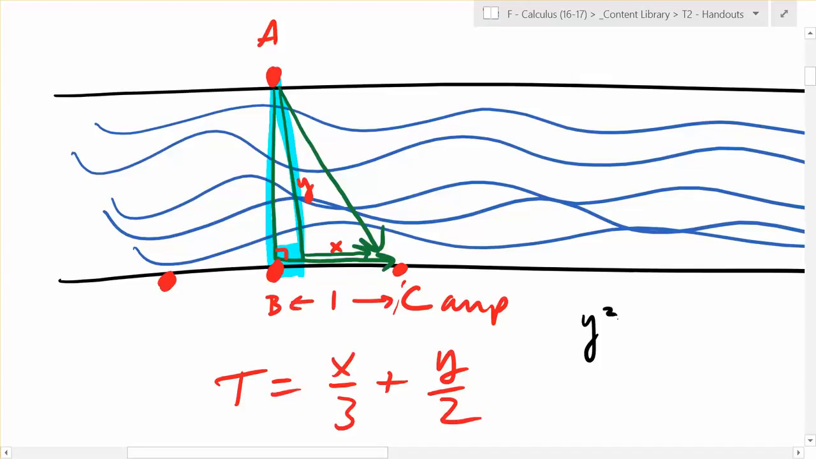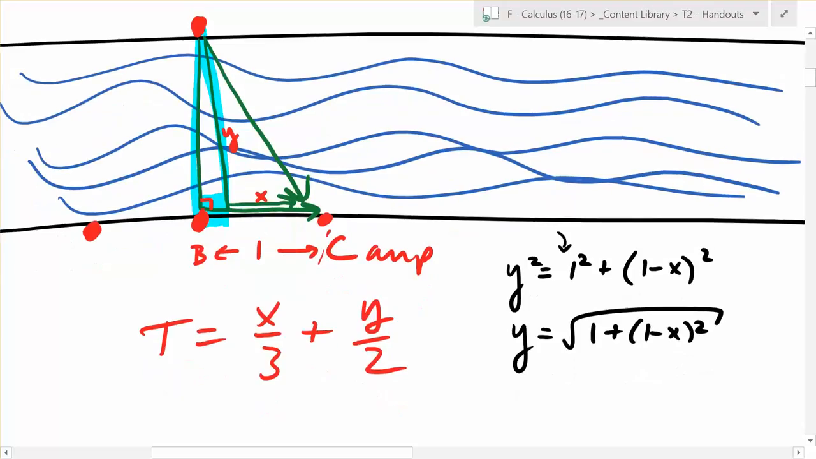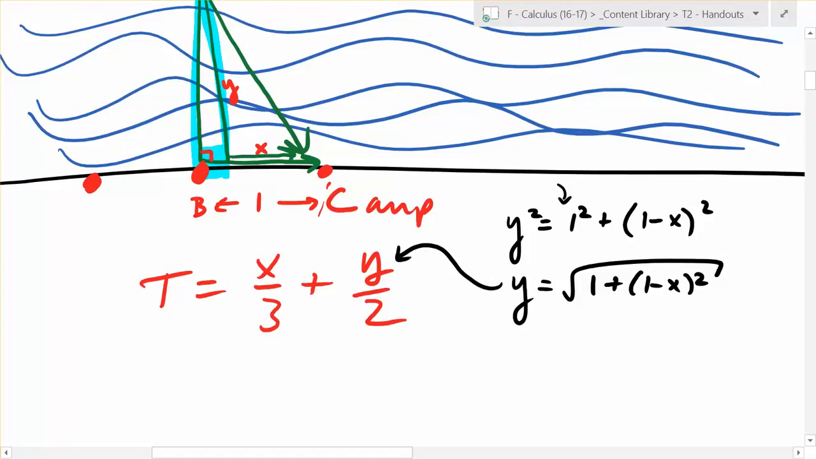Y squared is equal to 1 squared plus 1 squared. Careful, not 1 squared. I thought that was 1 mile. It is 1 mile. That's the first one, right? 1 minus what? Oh, x. 1 minus x squared. Is that correct? Yeah. So what does y equal then? The square root of 1 plus 1 minus x squared. So what do you do with this now? You plug it in, and then you have t equals x over 3 plus the square root of 1 plus (1 minus x) squared